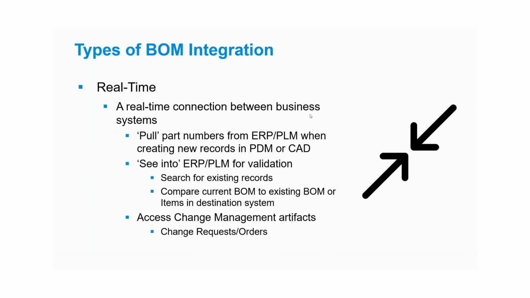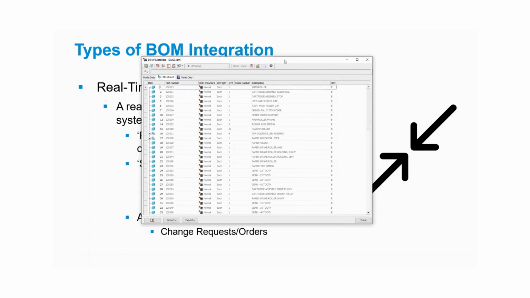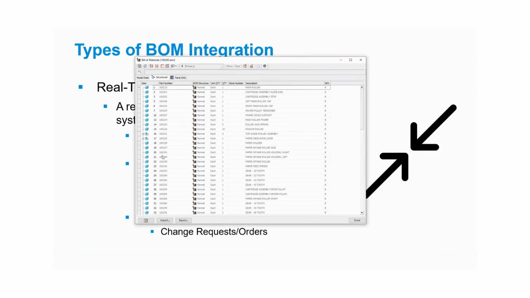Another common feature of this real-time integration of bill of materials is being able to look at a bill of materials in your source system. So say I'm going to call over here a bill of materials dialog from Autodesk Inventor, and compare the bill of materials that you see on this list with maybe something that already exists in ERP. Or if it doesn't exist in ERP, like this specific part number, like 100, 200,